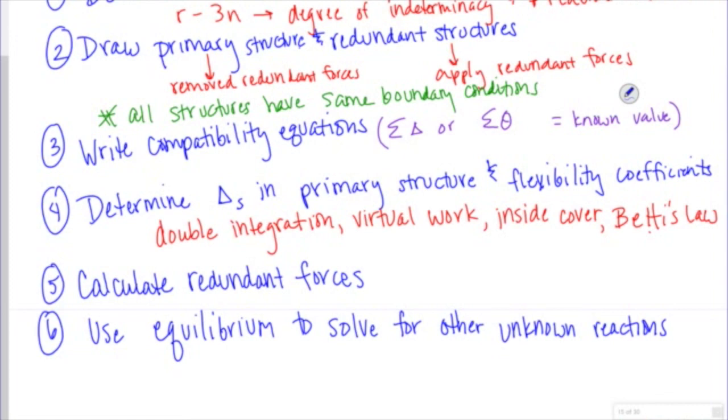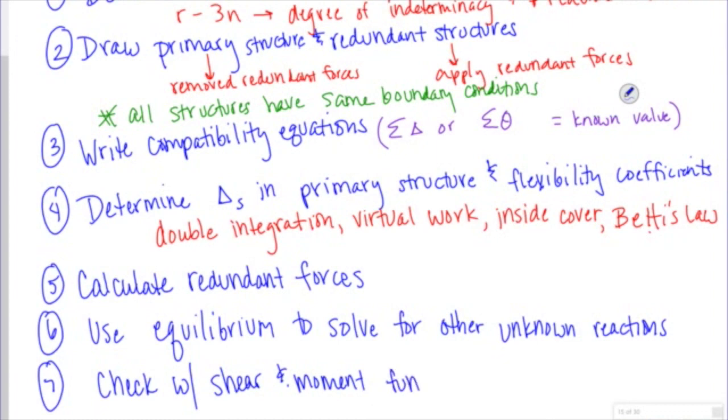Like, that's what you really need to know, and you can double check everything with shear moment functions or diagrams. So that's it. That is the flexibility method. Next, we're going to do some